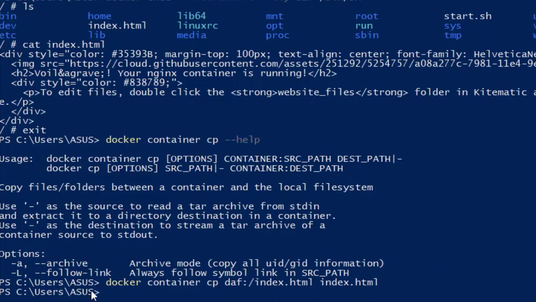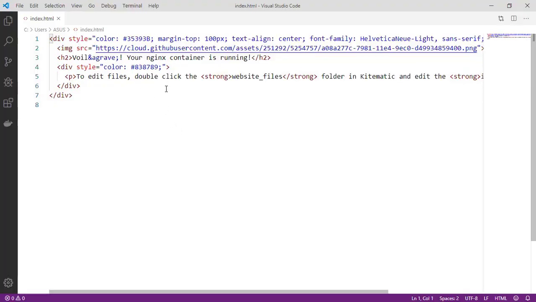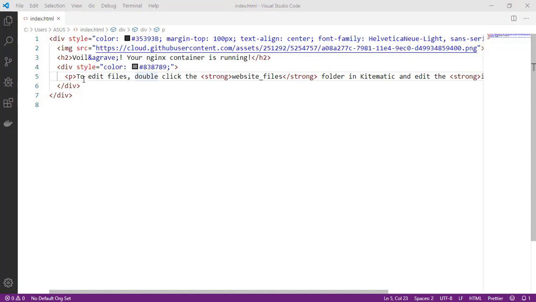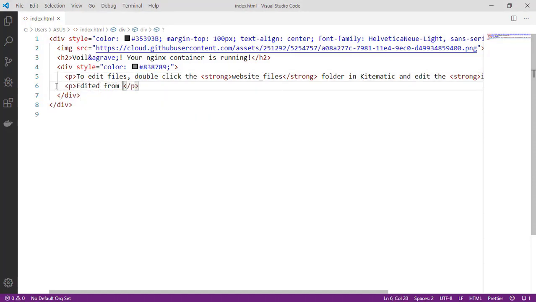Now if I go to this directory, I will find an index.html file, which is this file that we have here. As you can see, it says to edit files, double click the website files, which is the file that Nginx is serving. Now we can edit this file. We can say something like "edited from VS Code", and we can save this file,